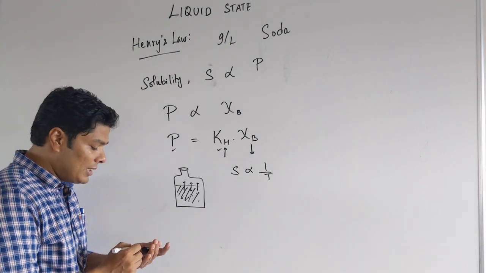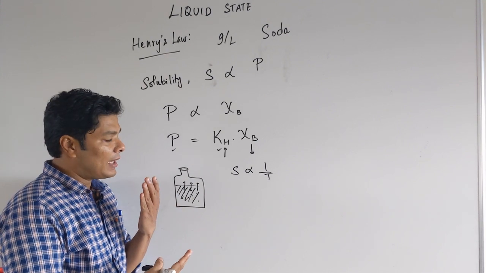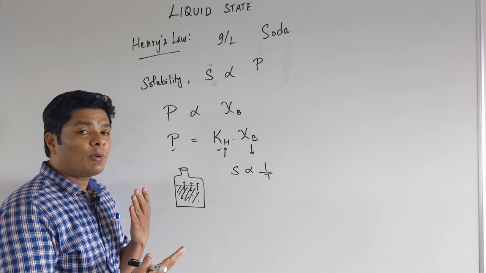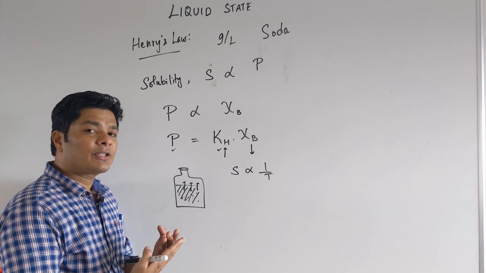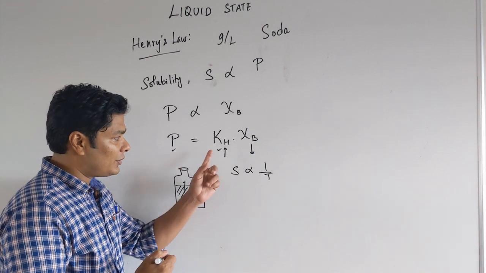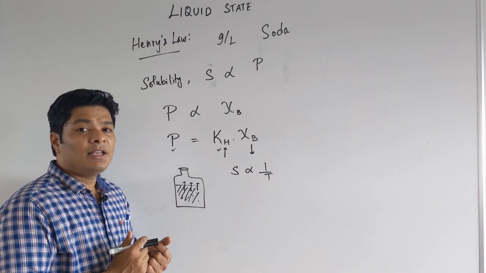Henry's law is mostly a theoretical concept. You want to understand that it is highly dependent on the gas that you are taking, how much gas is there, and also Henry's law constant is different for different gases. So, in general, Henry's law constant is high for a gas that is least soluble.